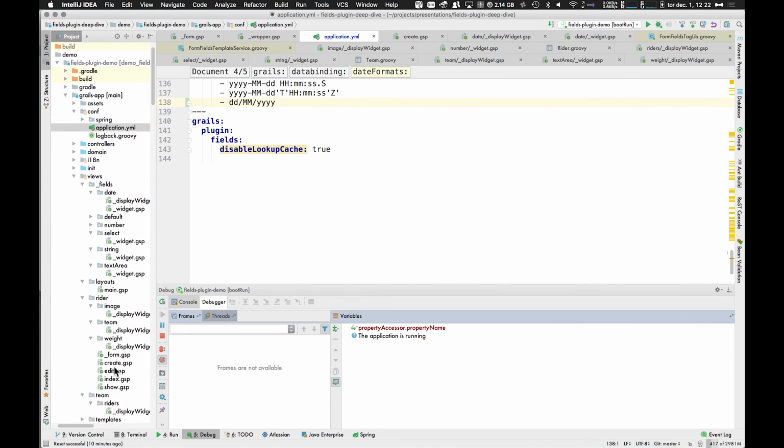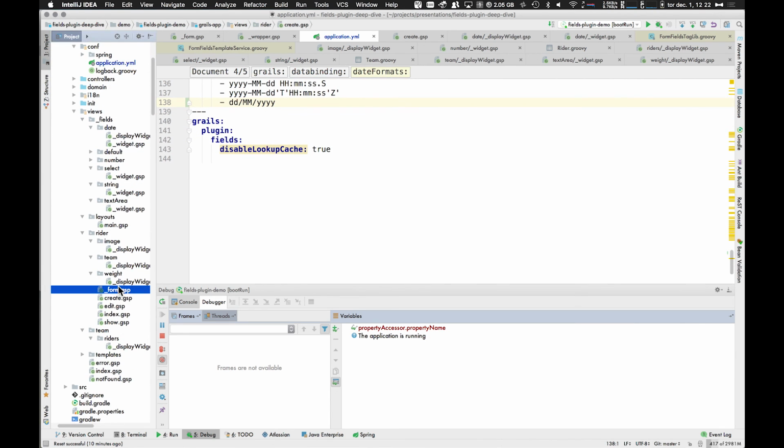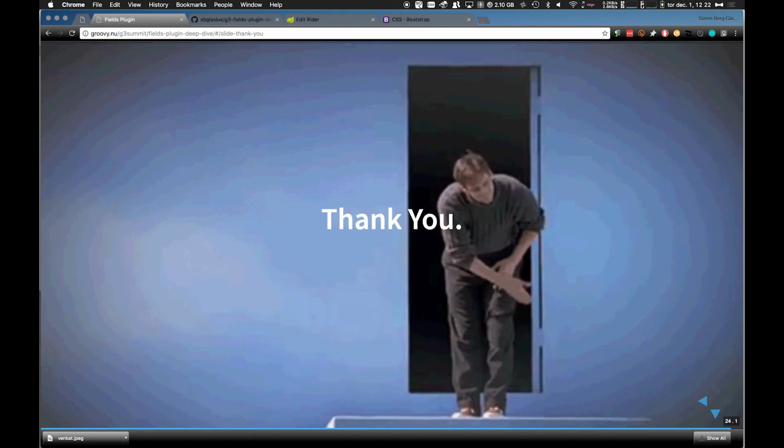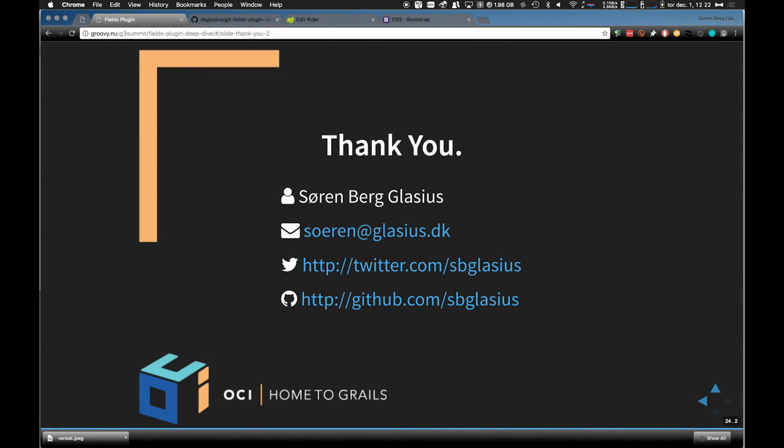And as you can see, I also have the weight. It says 62 kilograms instead of just 62. So the weight is simply a display widget that takes in the format in the number, and